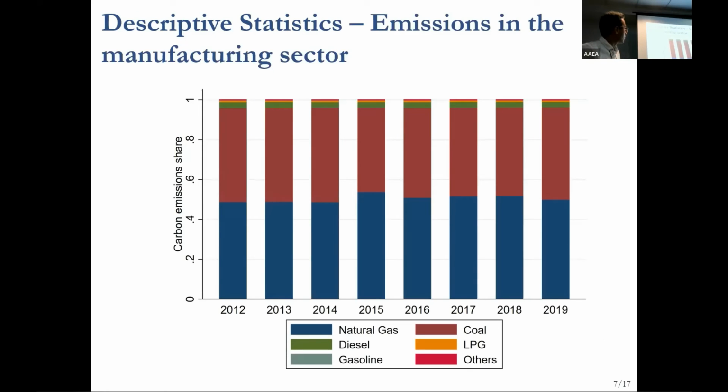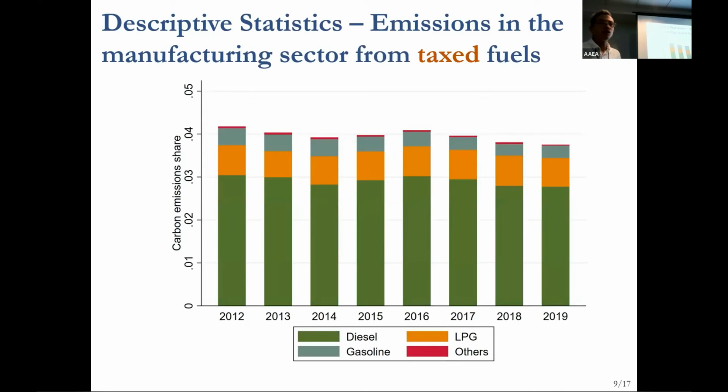So this graph shows you basically, for each one of the years, how much of the emissions come from each one of the specific fuels. So natural gas is around 45–50%. The rest, another 40%, is going to be coal. And then if we focus on the fuels that are actually taxed, which are diesel, LPG, gasoline, and a couple of other minor ones, it's around 4%, very, very low taxation,